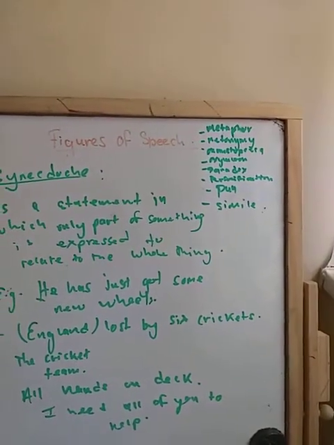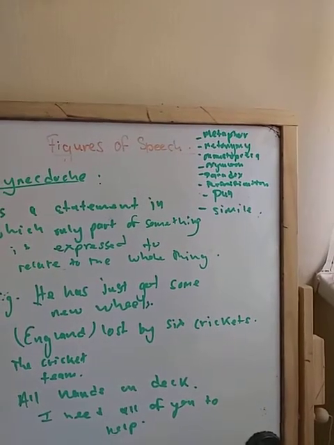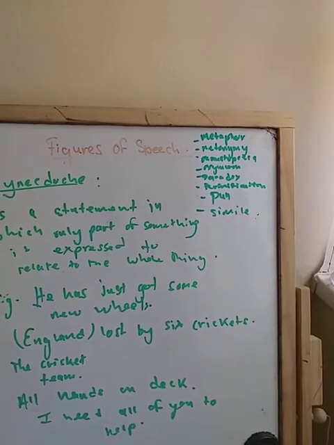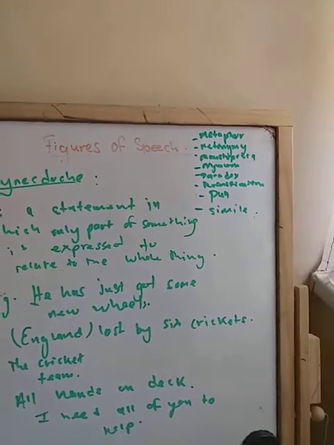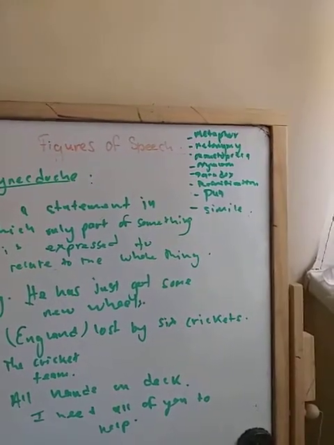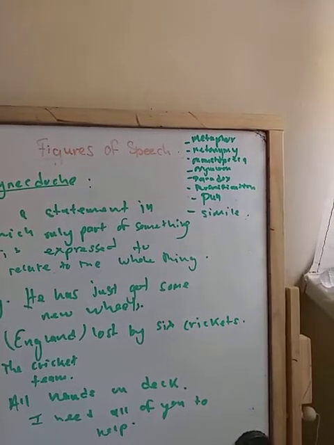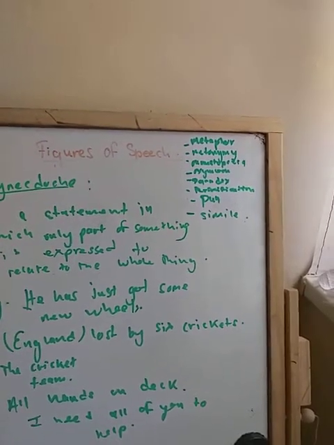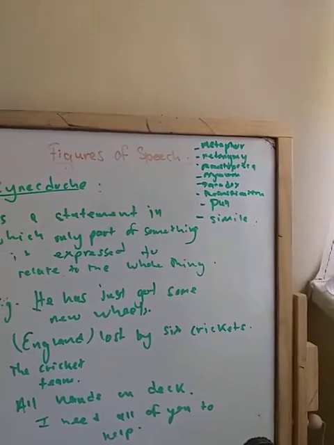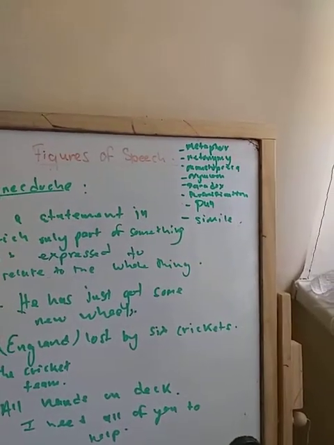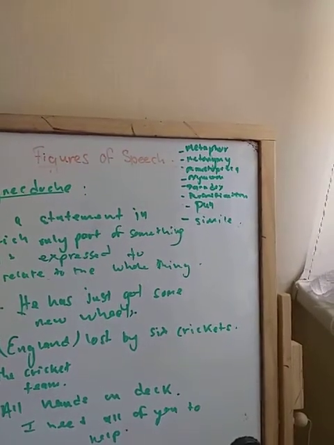So metaphor, comparing two things, taking into account more than one characteristic or property. Example, the snow is a white blanket. And metonymy, it's replacing one word by another, and the word used to replace the former word is associated to it. That can be, I'm loyal to the crown, meaning I'm loyal to the queen, because the crown is associated to the queen.